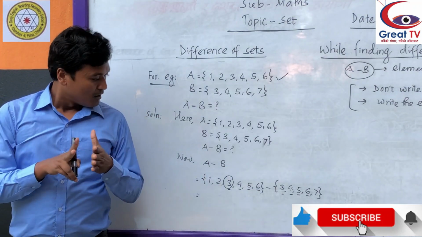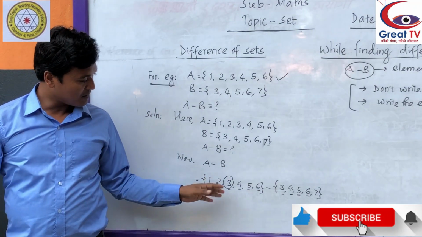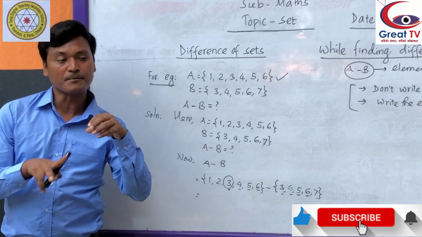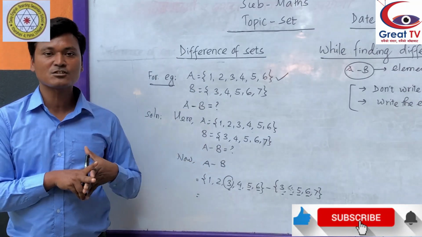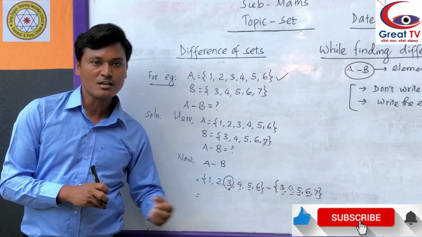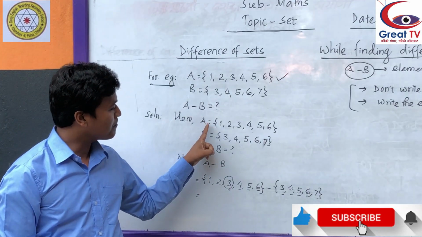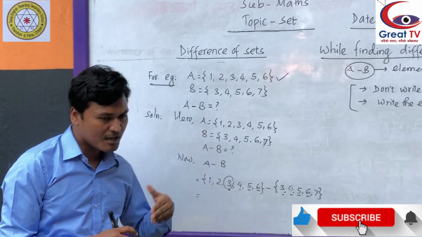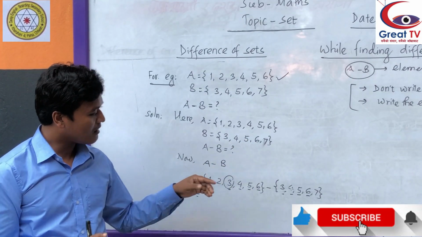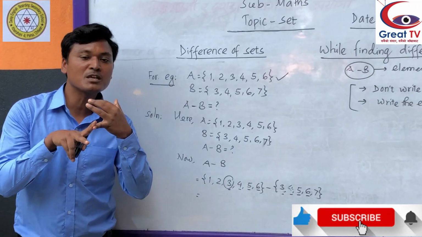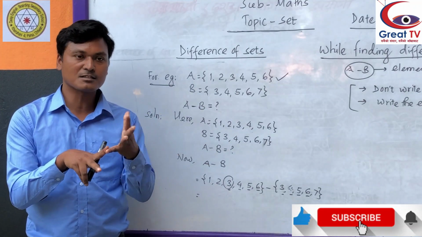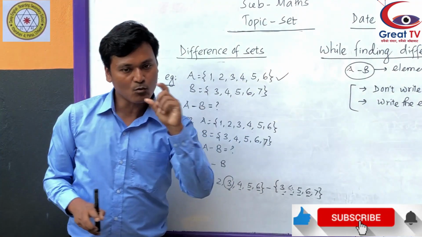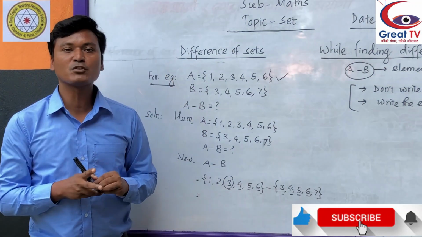Here you have already studied in previous classes about the types of sets, overlapping. If the given two sets may be overlapping, or there may be the case of subset, we shall talk about that in our next example. But here, according to our example, set A has 1, 2, 3, 4, 5, 6, set B has 3, 4, 5, 6, 7. That means A and B have some common elements, so we can say A and B are overlapping sets. Though the sets may be overlapping, or different, or there may be the case of subset, we can use the same idea. The same idea works while finding difference between any two sets.